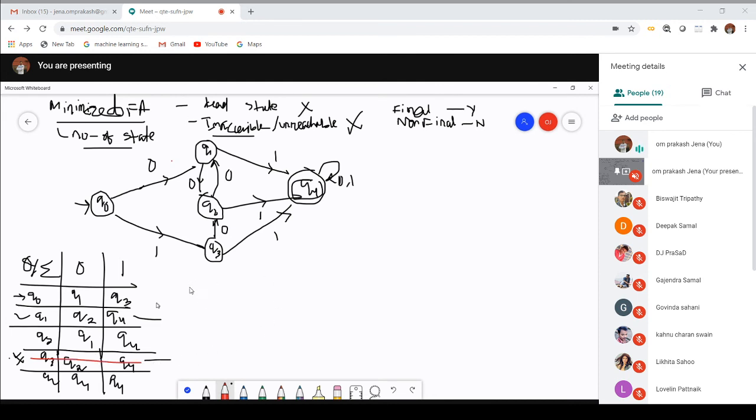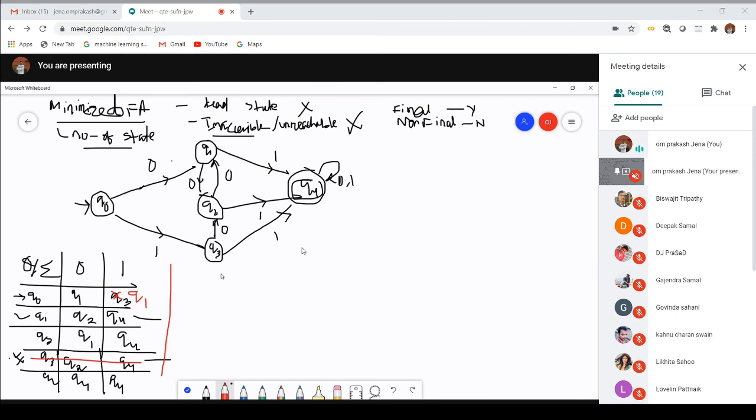Why? Since the characteristic or behavior of the transition for these states is the same, whenever the value is Q3, it should be replaced with Q1. So here I can replace it with Q1. Is any other Q3 there? No. So how many states will there be? Q0, Q1, Q2, Q4. Then I have to check whether there is any other same value or not. Here it will be Q1, Q1, no problem. Here it will be Q2, Q4, Q1, Q4. Here it will be Q4, Q4. Now this one is the reduced state.